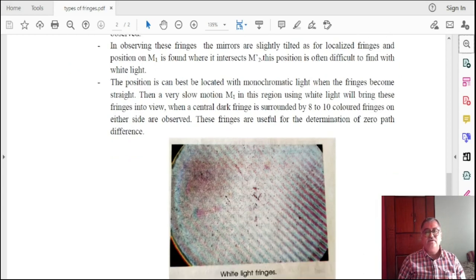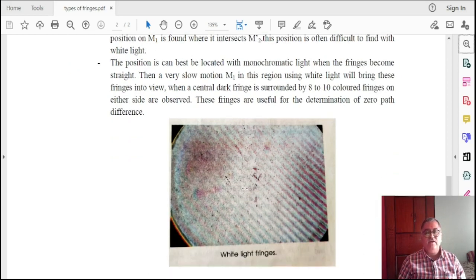And friends, here we have a photograph of the white light fringes. In this way we can observe the white light fringes through our telescope tube and we get the pattern in this way. Friends, in total we have seen the Michelson's interferometer as well as the types of fringes